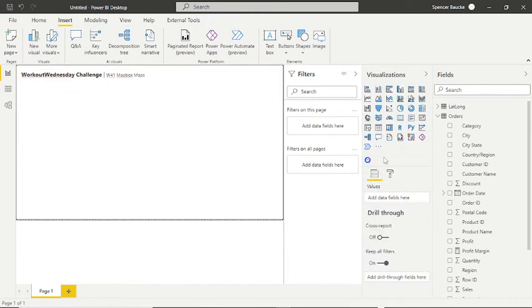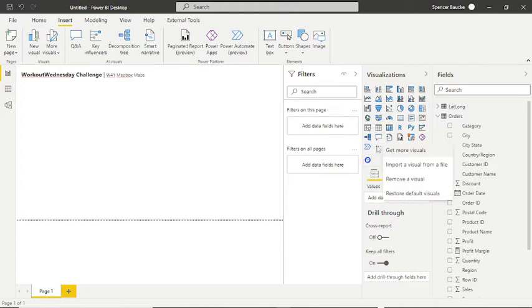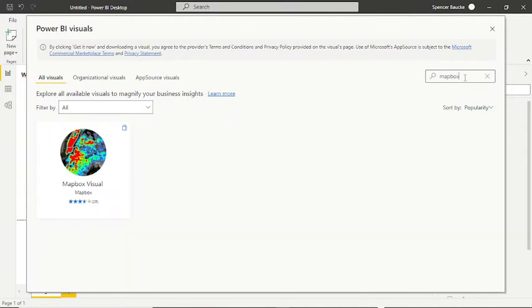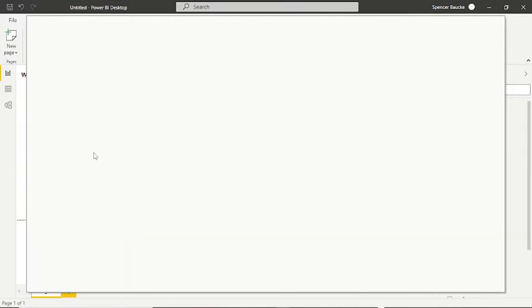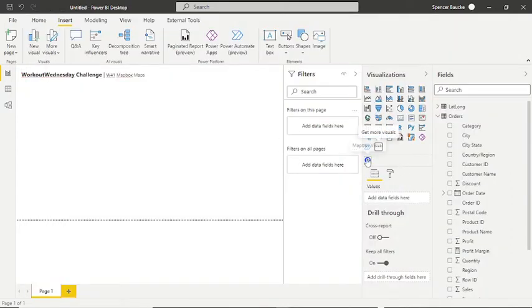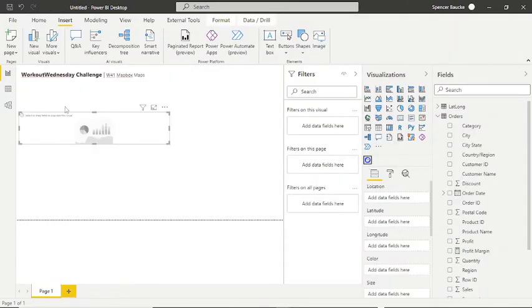Sweet. Now I'm going to create my first Mapbox visual. If you go into the app source, you can get more visuals here. You can search for Mapbox and you're going to find that Mapbox visual. Now I already installed it, so it's already installed on my Power BI Desktop. But just click get it now, and it's going to install that in your visualizations. So if I go here and click it,